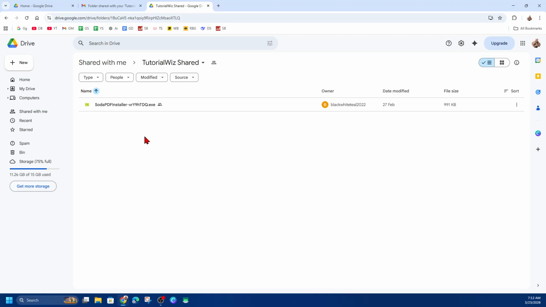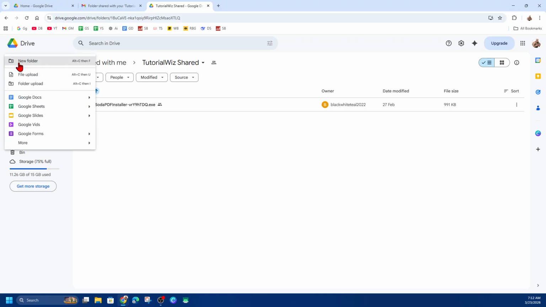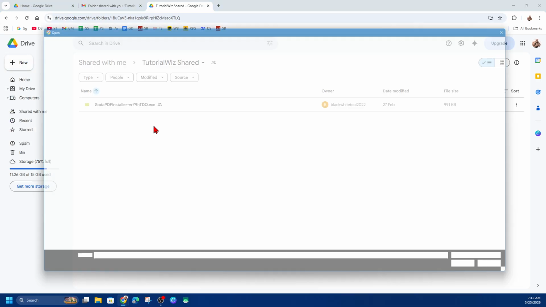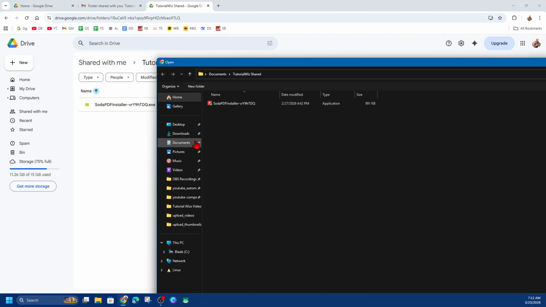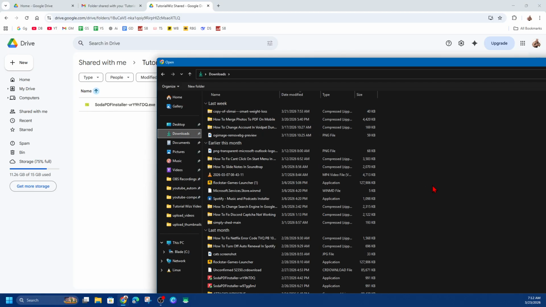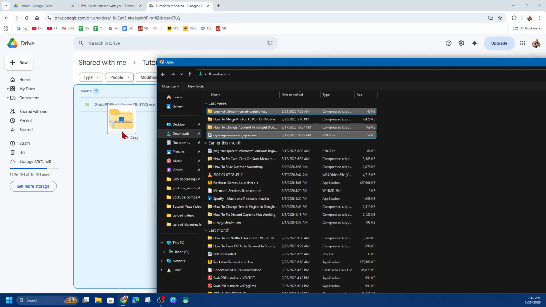Now, to add in a file or files, basically click onto New, click onto File or even Folder upload. So click on the file or folder upload, and just add in the files that you'd like to go ahead and add. So say, for example, I want to add these three in. I can just simply drag these in here, and they're going to start uploading